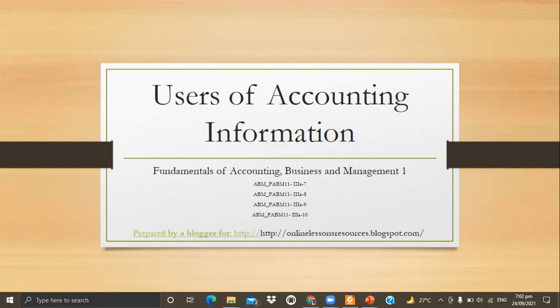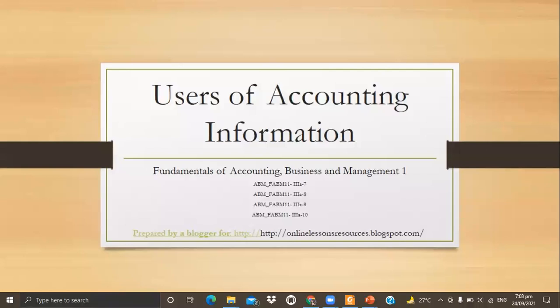Okay? So yung chapter 1 and chapter 2, na-send na siya sa Clipper. So panoorin nyo lang siya, especially yung definition ng accounting, and then yung branch of accounting. I have already sent it through Clipper.